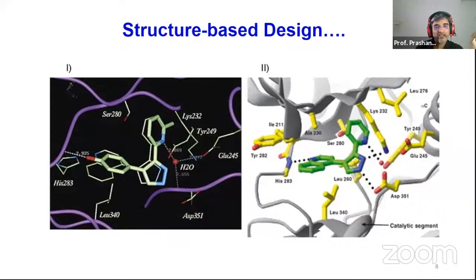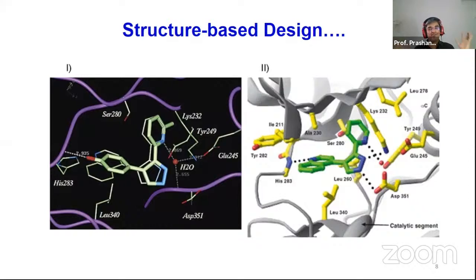Those dashed lines basically show the interaction between the protein and the small molecule. There is this red ball, which is a water molecule interacting with the molecule and also with the protein, so water mediated hydrogen bonding. So basically there is a cavity inside a big protein, and a small molecule which has a great shape and electrostatic complementarity just goes and sits there, and you picture that particular pose where the molecule is bound to the active site of the protein. And this is what they do in structure based drug design.